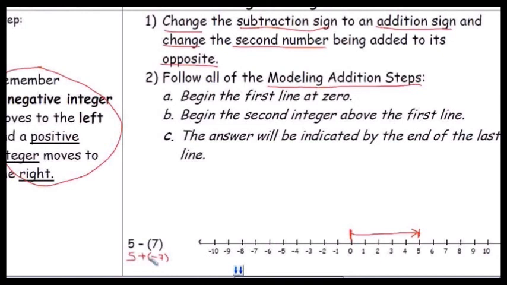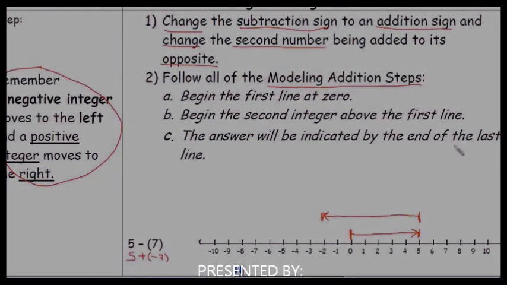And then from 5, I have to add 7, and that's a -7. So from the 5, from that new location, I go back 7 units, because that's a -7. That's what the second arrow represents. And the answer is indicated by the end of the